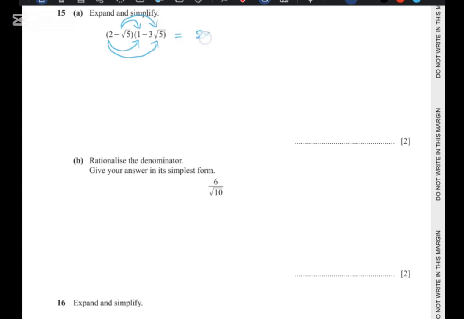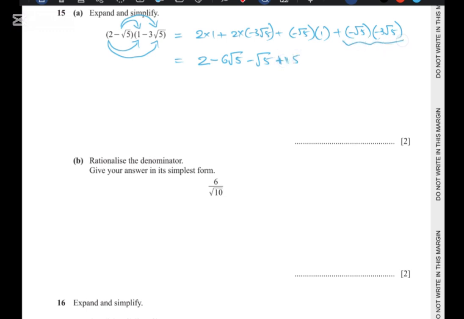So do it. 2 into 1 plus 2 into minus 3 root 5 plus minus root 5 into 1 plus minus root 5 into minus 3 root 5. So 2 into 1 is 2, 2 into minus 3 root 5 is minus 6 root 5, minus root 5 into 1 is minus root 5, and then minus into minus is plus, root 5 into root 5 is 5, and then minus 3 is multiplied to it, minus 3 and minus minus becomes plus, so 3 into 5 will be 15. So here this will be 15,